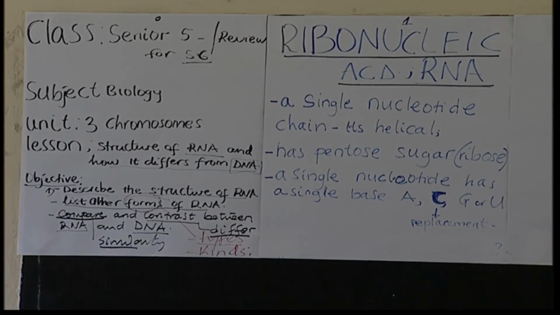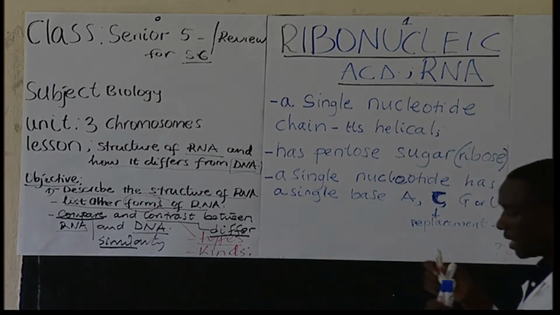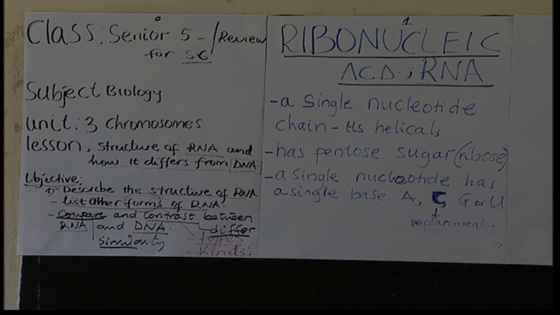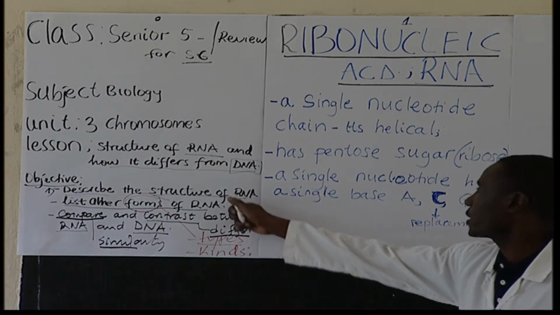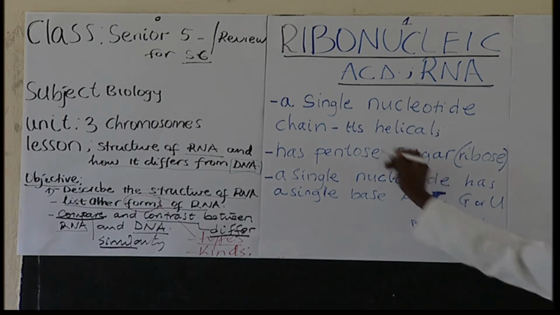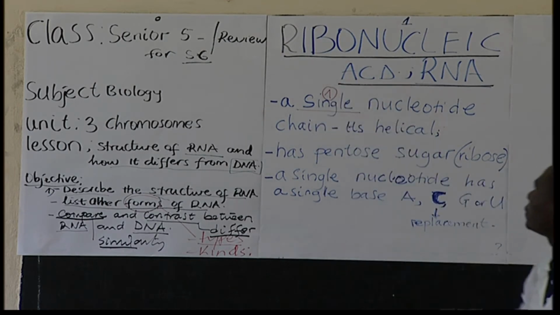So we start. The ribonucleic acid, abbreviated as RNA, has a few short descriptions we would look at to be able to give what we are expected to capture at the end of the lesson. One, that it is a single nucleotide